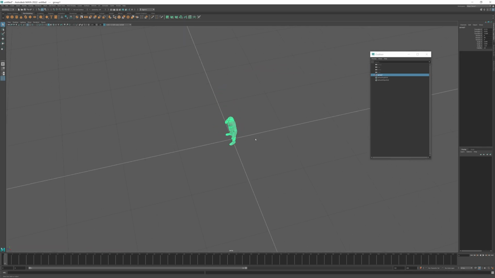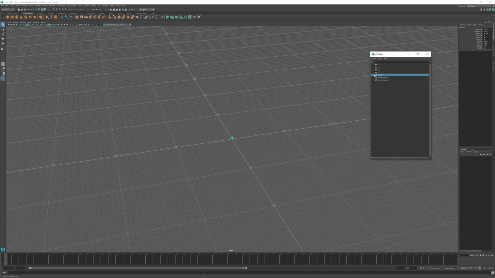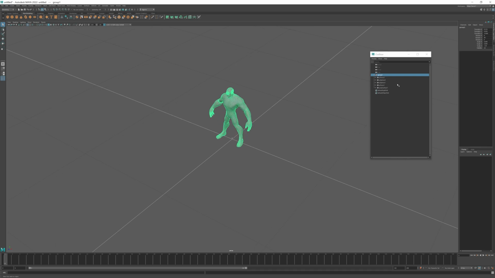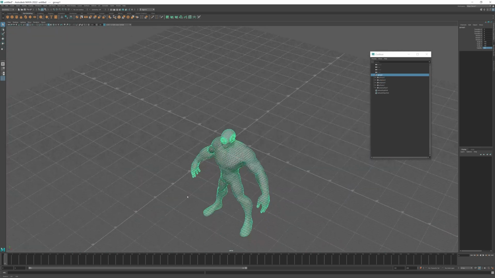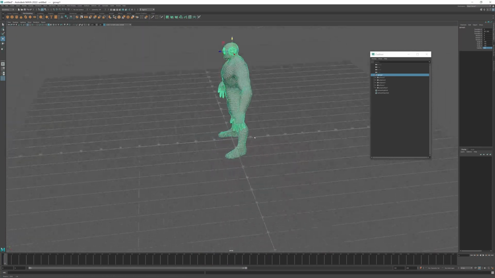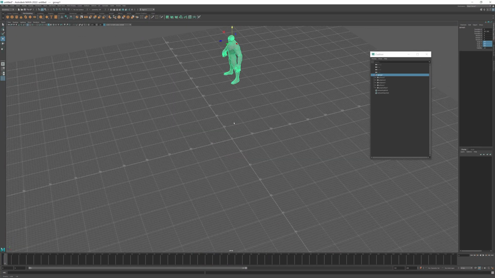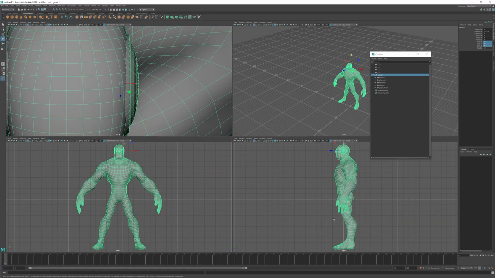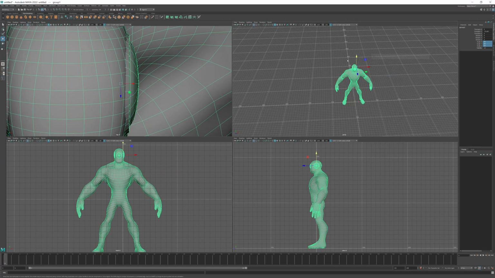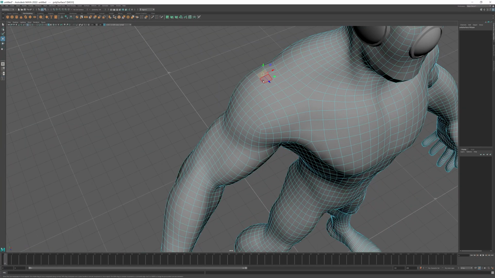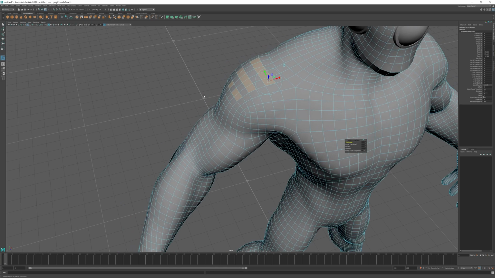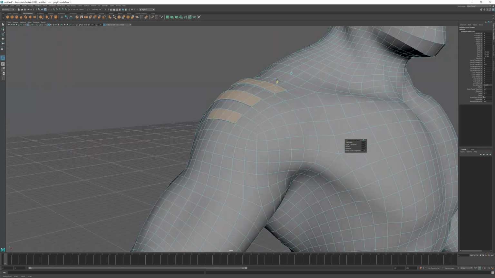I thought I'd exported it using the correct scale, but it's shorter than 10 centimeters. Okay, let's make it bigger then. I want him to be about 185 or 190 meters. This looks about right. Now that we are here, I'd also like to make this model a bit asymmetrical, so